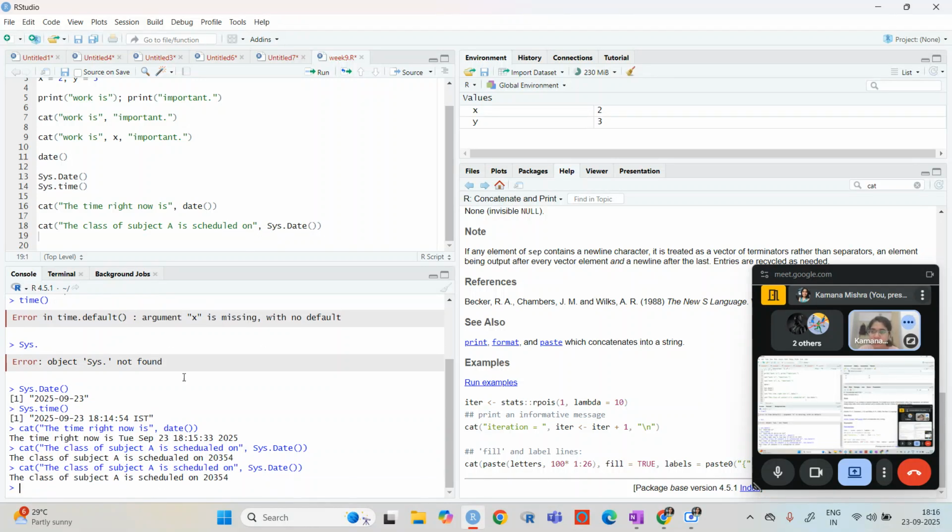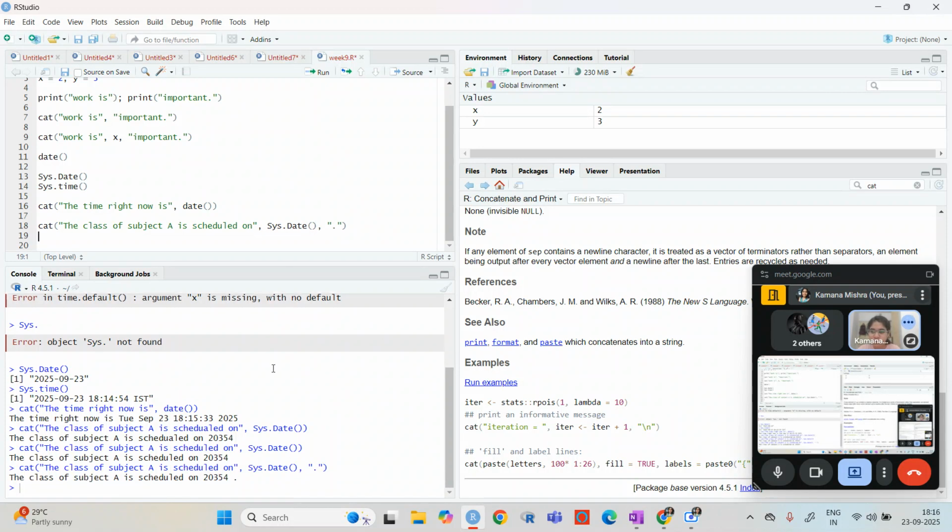But system date is coming like this. Also if you want to end it with this, then you need to add this. So these are different ways.